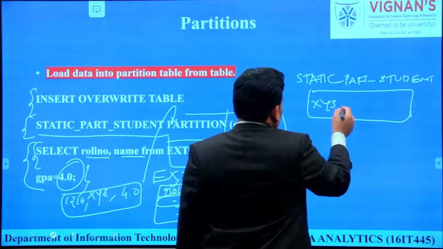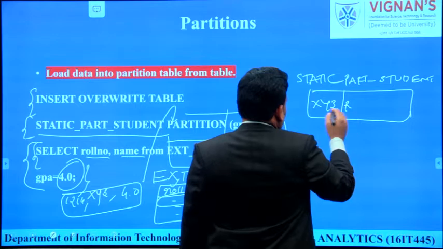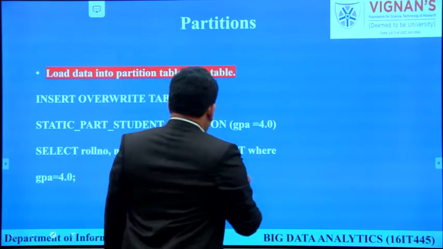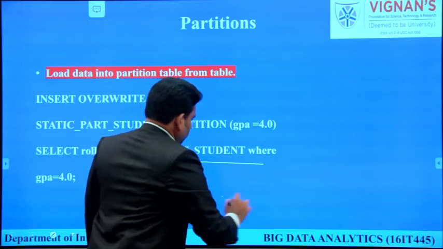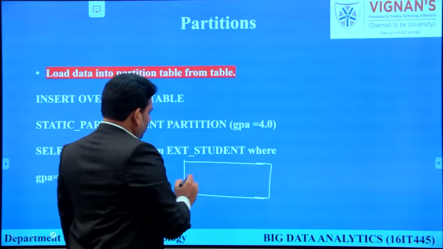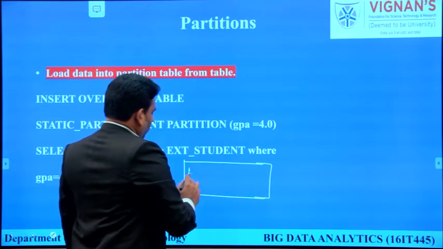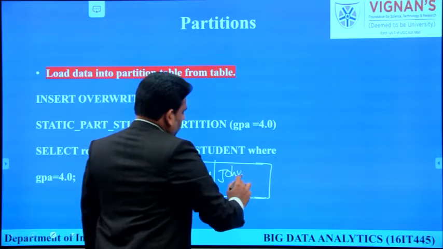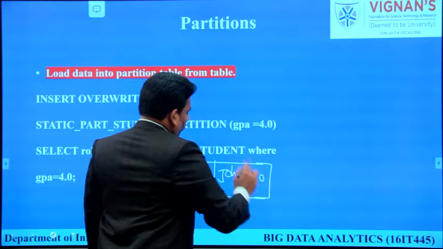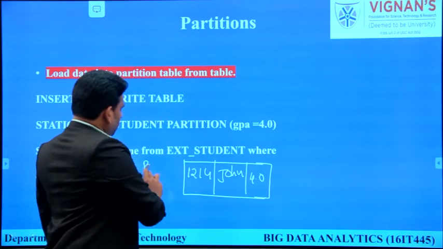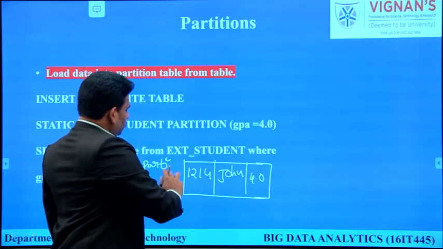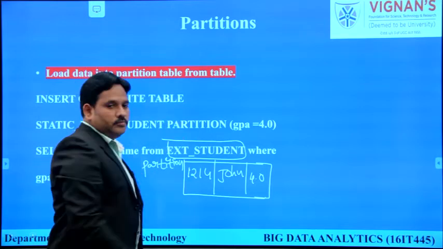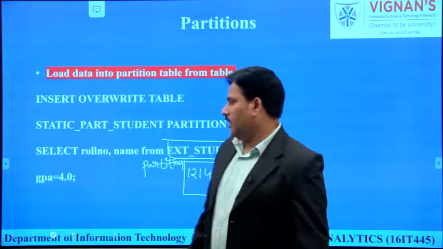Name of the student is XYZ, so this partition is going to be created. Roll number is 1214, name of the student is John and his GPA is 4.0. This is the partition which has been created on the ext_student table. So this is the way of accessing the data.